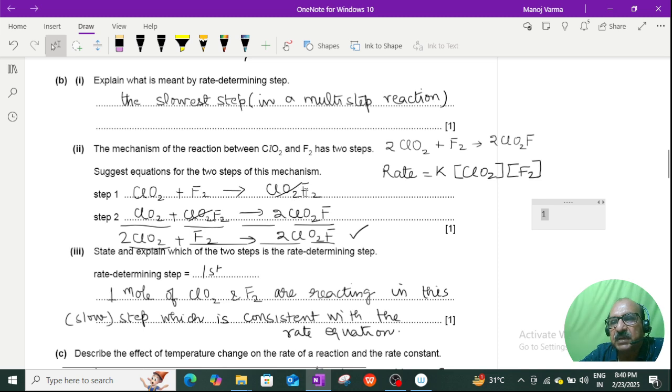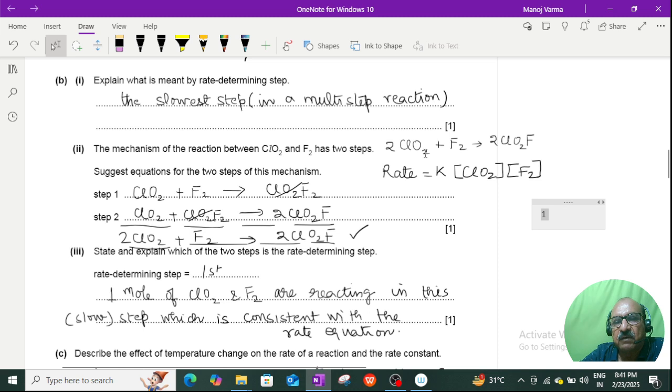But then we have to remember that ClO2F2 is not the product. As you can see, the product is ClO2F, not ClO2F2. That means in the second step we must have a reaction in which ClO2F2 gets cancelled. So we include that in the second step, and we can cancel this from both the sides. But we can also notice that we need 2 moles of ClO2. We have taken only 1 mole of ClO2 in our step 1. So we must include 1 more mole of ClO2,